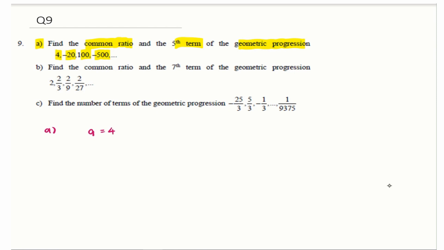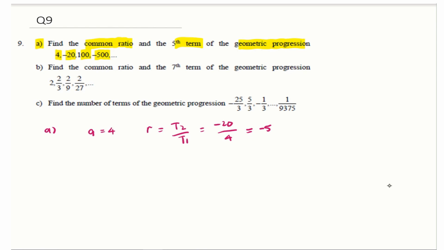And then the common ratio R we can find by dividing T2 by T1. T2 is negative 20, divided by the first term, which is 4. So then we get R is equal to negative 5. Then to find T5,